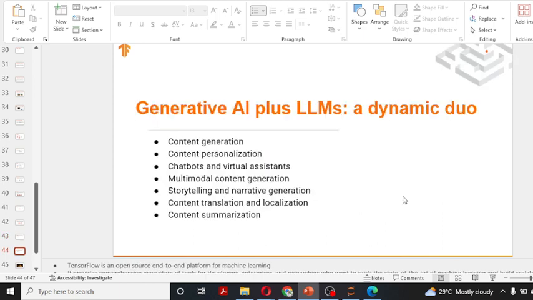So generative AI plus LLMs are a dynamo duo. If you combine generative AI with LLMs, what can you do? Content generation. Yes, we are generating content, because generative AI is combined with LLMs. Content personalization: what is meant by content personalization? We generate content for a specific category, for a specific set of people. You can create this even if you are interested in creating content for your own personality,